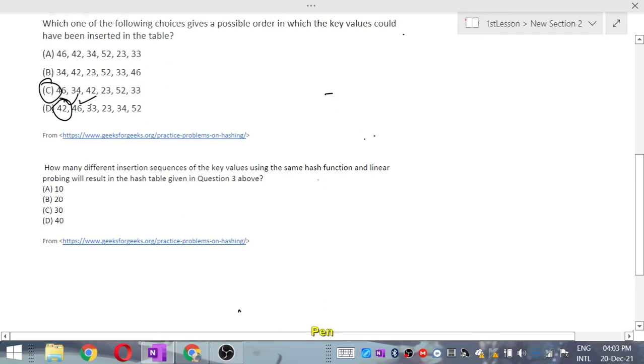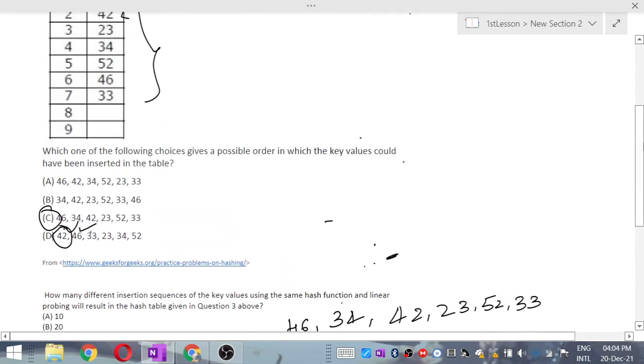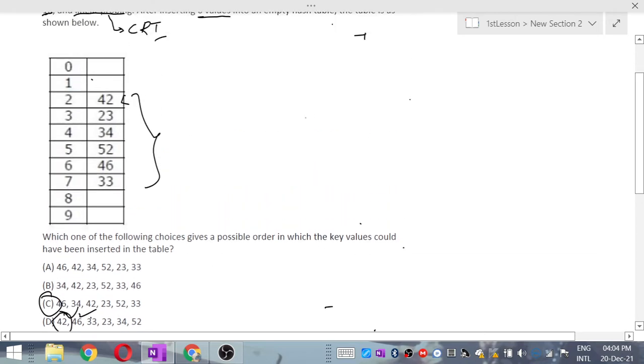We'll write the correct sequence: 46, 34, 42, 23, 52, and 33. We'll analyze it now. It's very easy to analyze, don't worry. I'll try to paste this down.